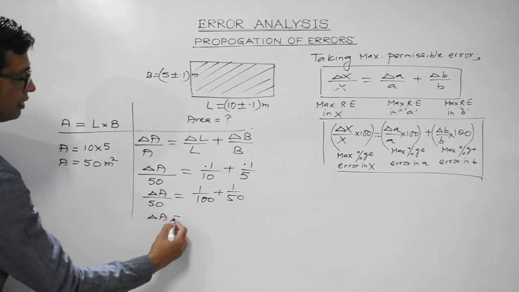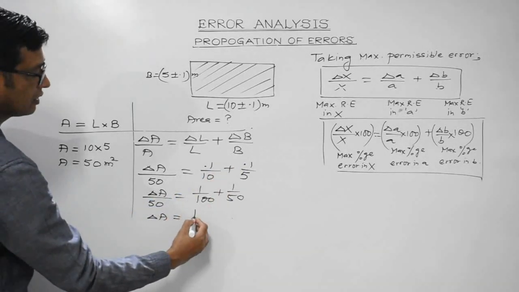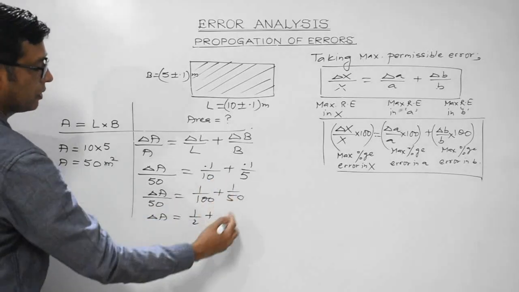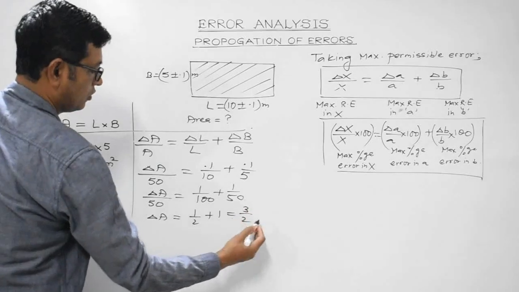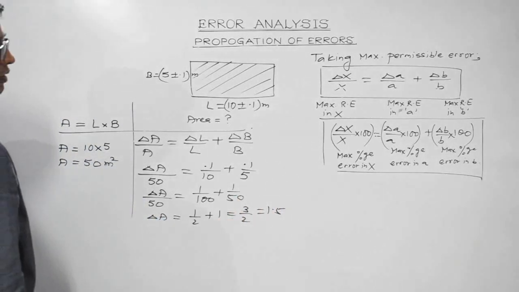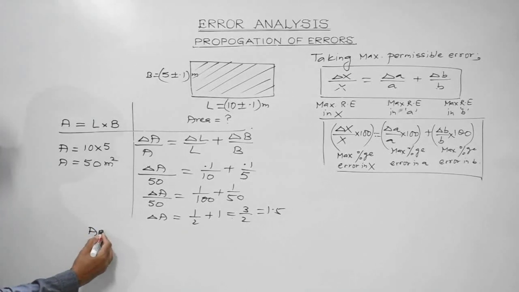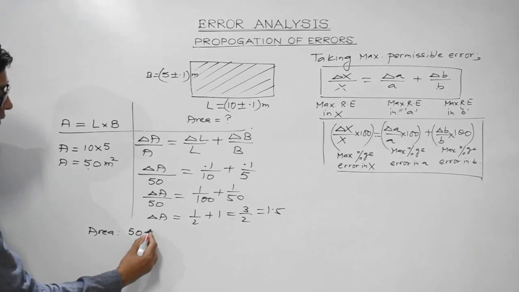So, del A, cross multiplying, will give us 50 by 100, that is 1 by 2, plus 50 by 50, that is 1. That is 1.5, that is 3 by 2 or 1.5. Therefore, how to express the area? It will be expressed as 50 plus minus